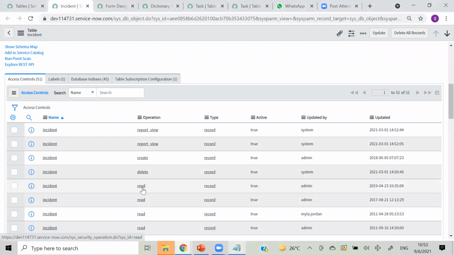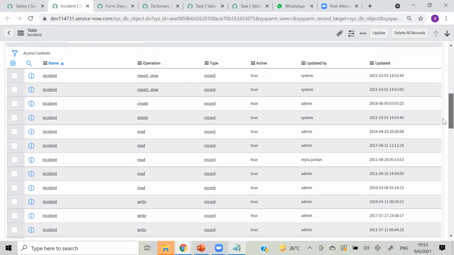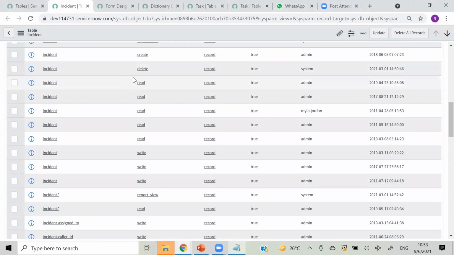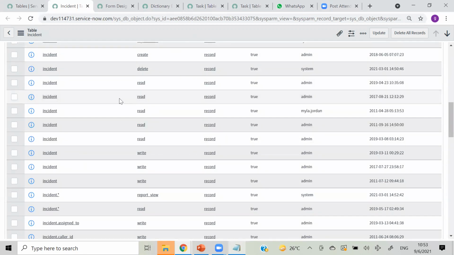I told you, this is for read access, this is for create, this is for delete. And you may wonder why we have this many read ACLs, around 4 to 5, right? For example, in this one we are giving read access so that only admin should be able to read. Okay, that is one ACL. And here only an ITIL person should be able to read.